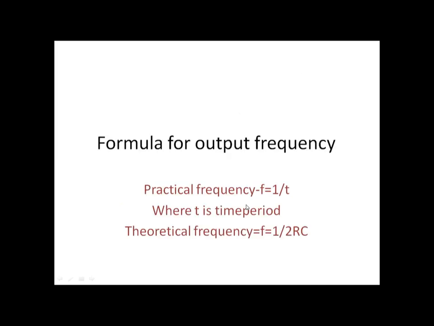And next, the formula for calculating the output frequency. Our aim of the experiment is to find the frequency practically and theoretically. Construct the circuit of the astable multivibrator and find the output frequency practically and theoretically. What is the formula for the practical frequency? F is equal to 1 by T, where T is the time period of the square wave. Next, how to calculate the theoretical frequency for the astable multivibrator? That is F is equal to 1 by 2RC, where R is the resistor value and C is the